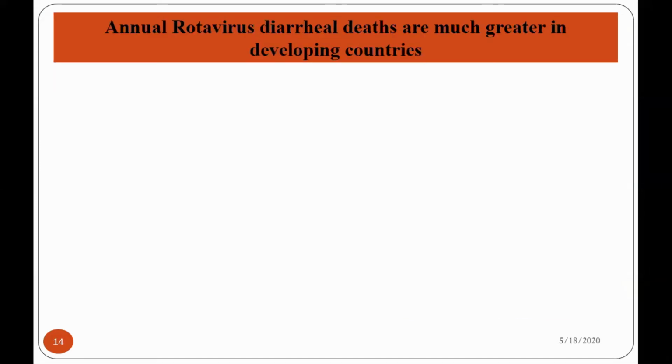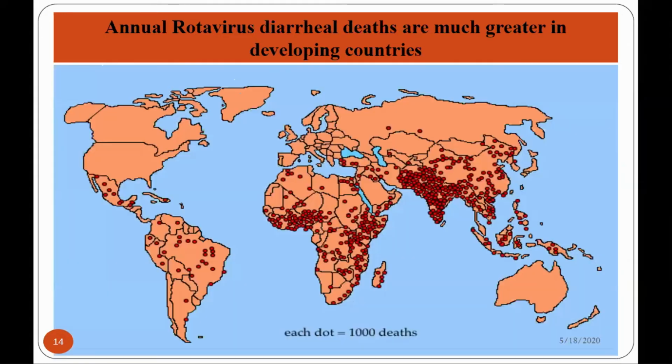Viral gastroenteritis caused by rotaviruses is one of the serious cases in developing countries, resulting in the maximum number of deaths of infants and children in developing countries, like most of the Asian and African countries. These rotaviruses cause viral gastroenteritis in Asian and African countries, where it results in the death of many children.